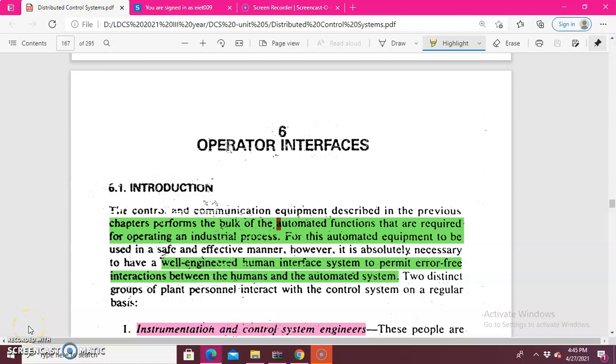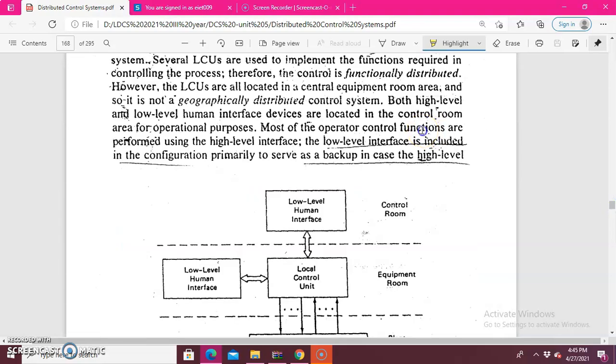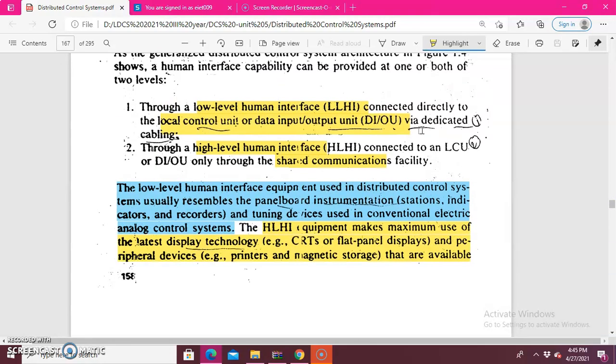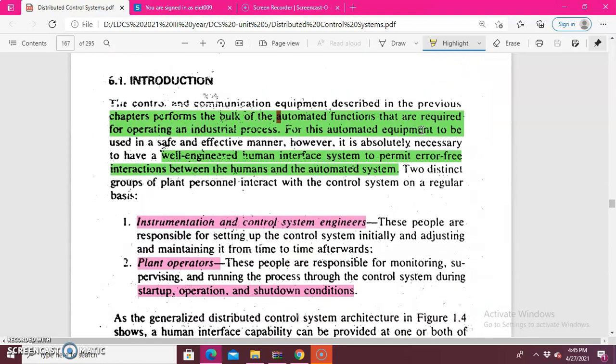In this video, we are going to see about the operator interfaces, how the operator interfaces act on your DCS plant, that is, distributed control system plant. Generally, when you talk about the operator interface, it is related to the automation system. In the automation area, the functions require the operation of